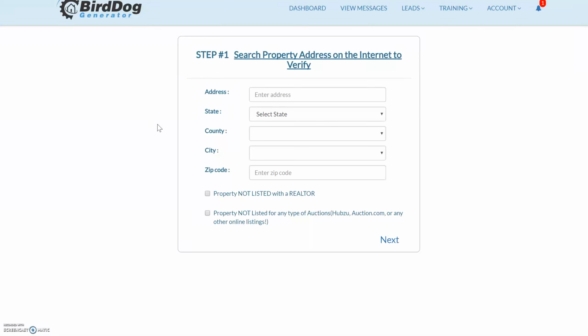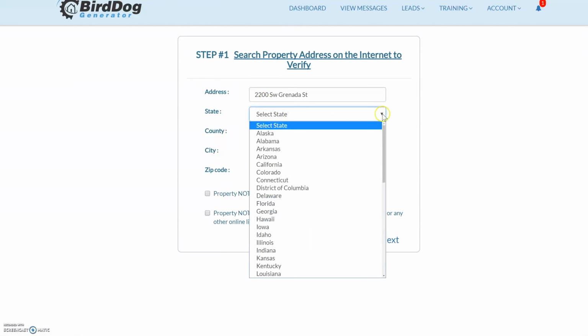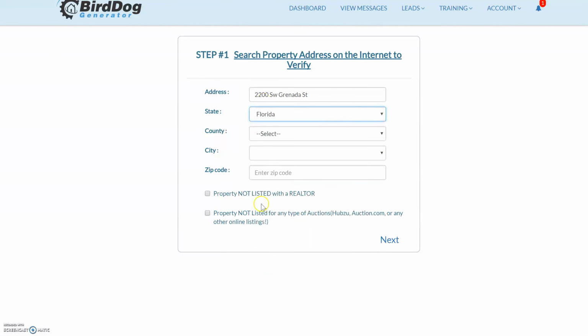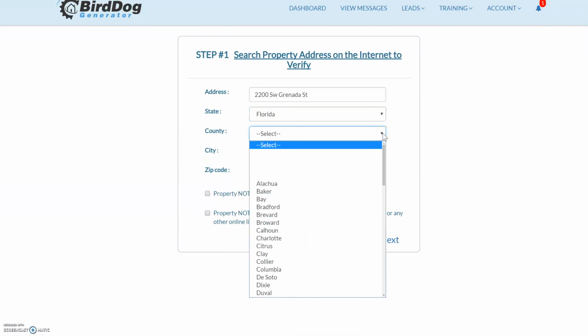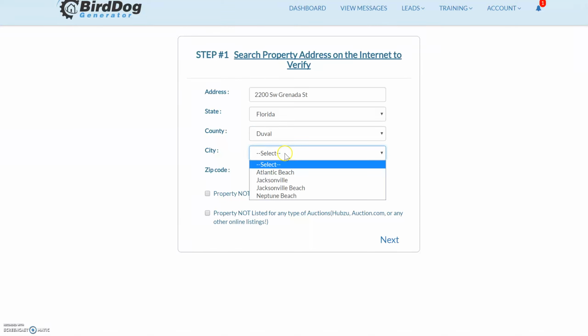Now keep in mind there's 5 total steps depending on what type of lead you input. It's important you go through and input all the information on these properties. So I'm just going to show you real quickly how it works. Most of them are going to be drop down screens, so you can drop down and put the county. Your city should pop up and then put in